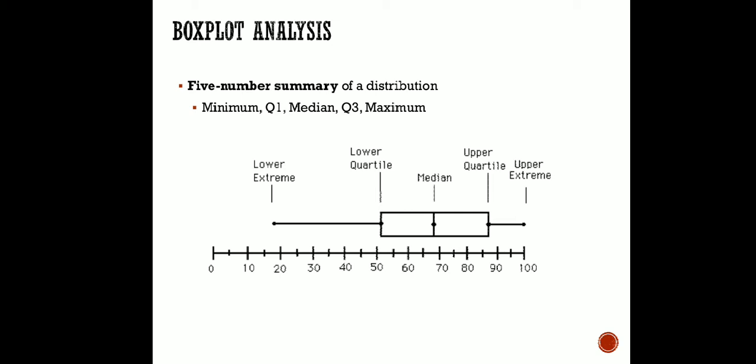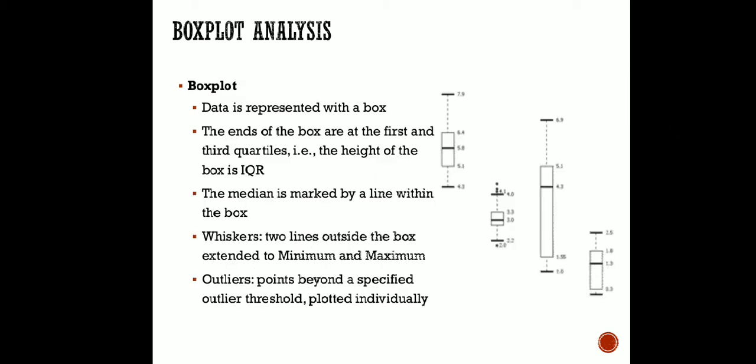Now, this box plot is represented using this kind of diagram. You can see here the ends of the box are the first and the third quartiles, and the height of the box is the IQR. If you follow the previous slide, you can see that the box starts at Q1 and ends at Q3, and the middle point is definitely the median. In this fashion you can represent the data. It's a snapshot given there.